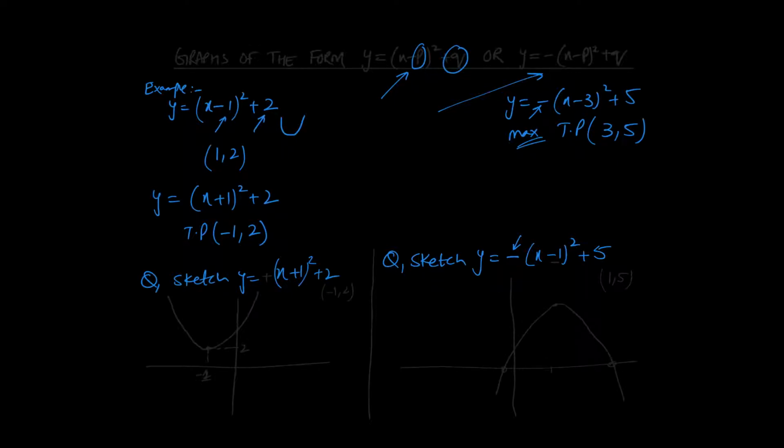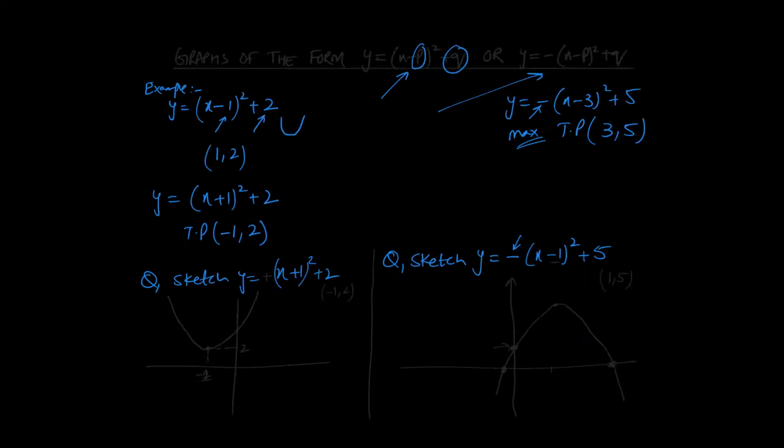Since it's a maximum curve, it will open downwards and will have some x-intercepts and y-intercepts, which can be found, as we have learned in the previous slide. The x-intercepts can be found by plugging y as 0 in your equation, and y-intercepts can be found by plugging x as 0 in your equation, because on the y-axis x is 0 and on the x-axis y is 0. So let's look